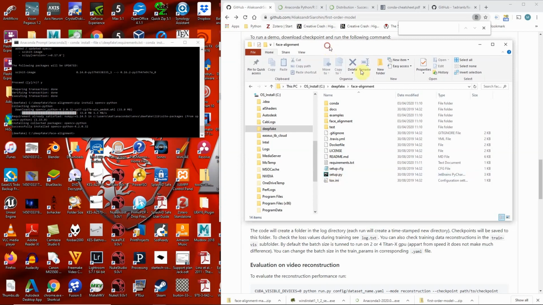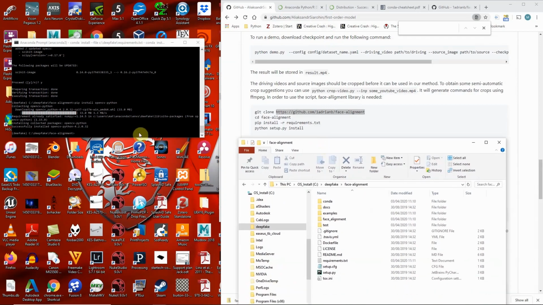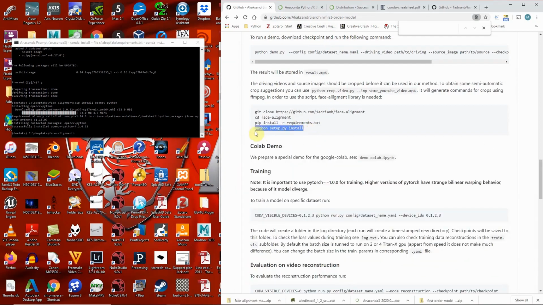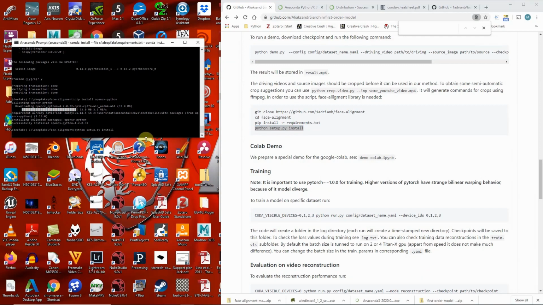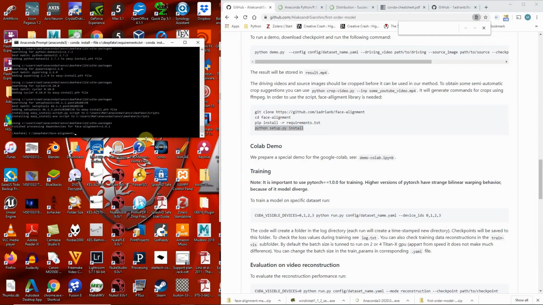So all I need to do is literally just type in python setup.py install. In fact, I'll just copy and paste that across. Put that in and just run it. And that should set up all the scripts that we need. Okay, great. So now we're in a position to run